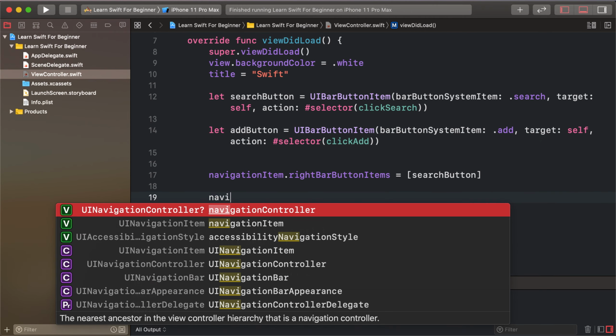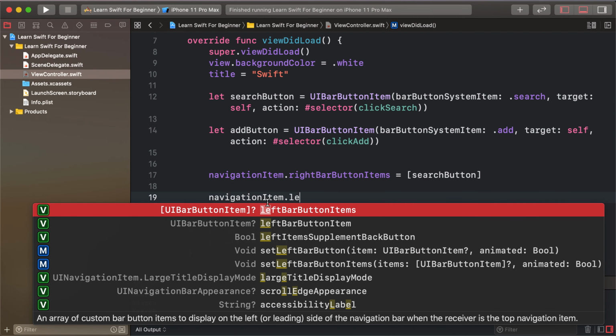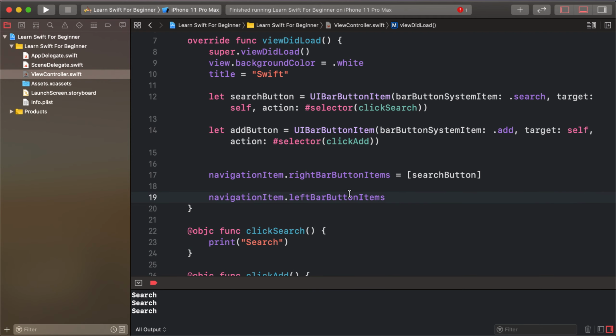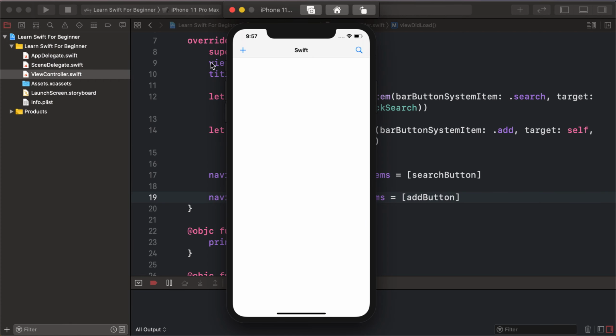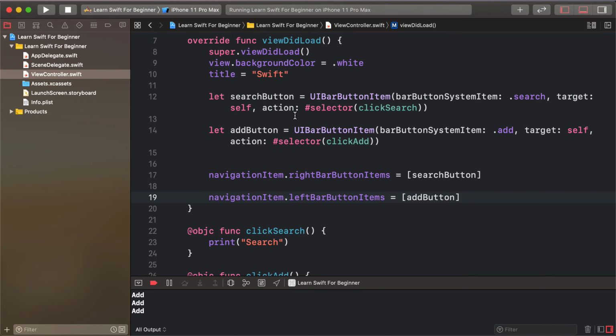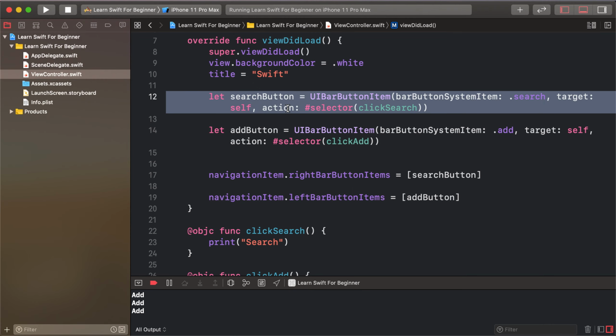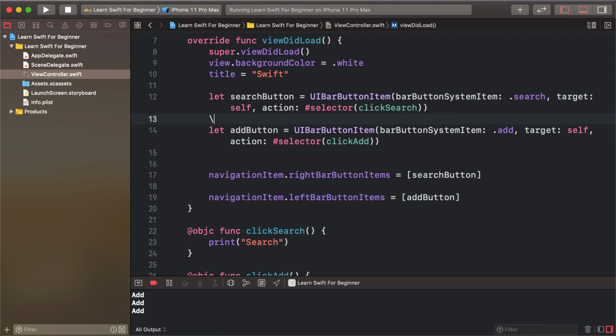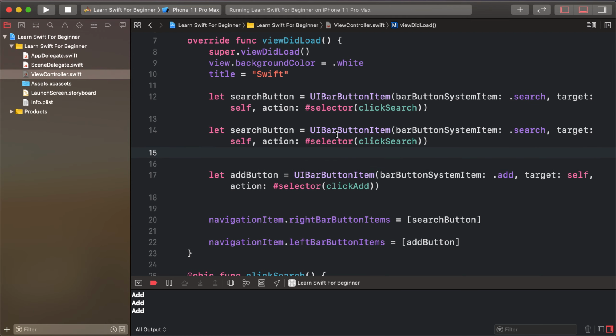So for the navigation item left side, it is leftBarButtonItems, otherwise it gives an error type. So select this, add the button and run. So adding this add button icon, and clicking it prints add. Another right side icon, like a camera. So copy this and camera